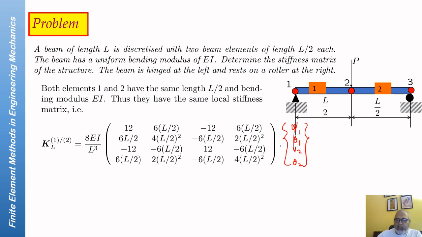Okay, so the idea is, though you have found the values only at the nodes, going back to the local stiffness equation, you can find the values of shear force and bending moment at any location in between the nodes as well. So this allows you to